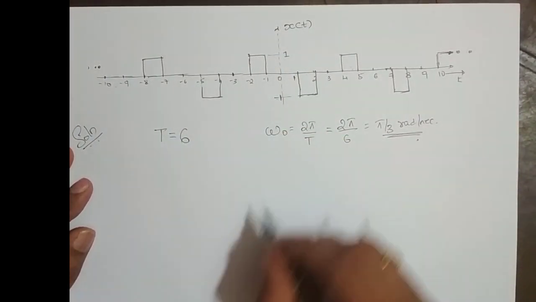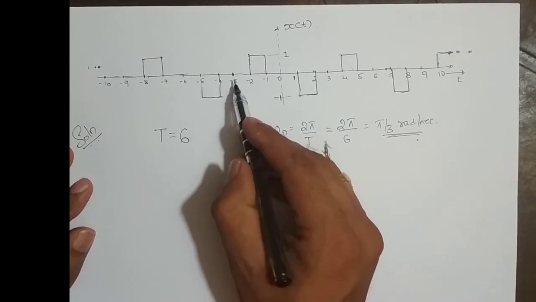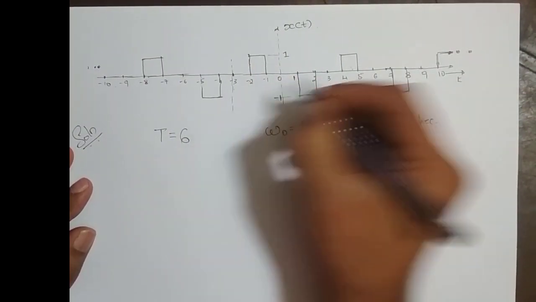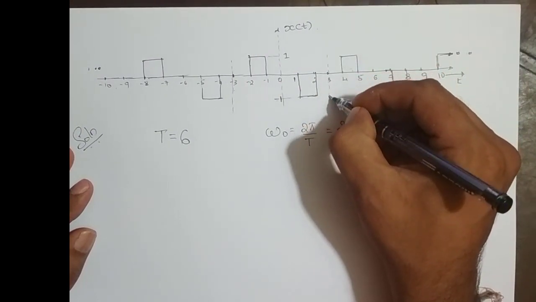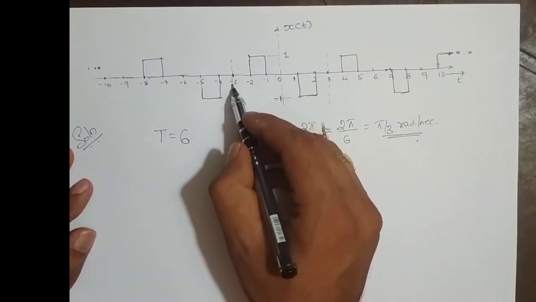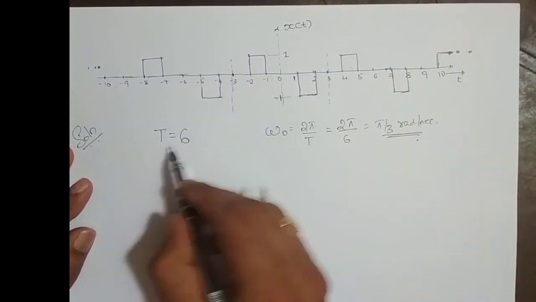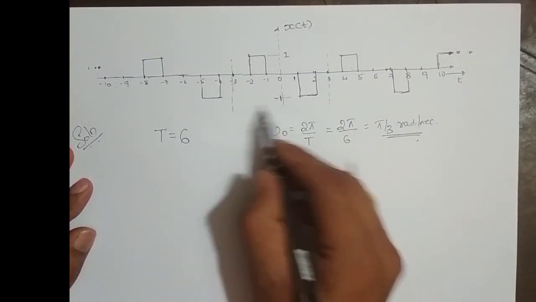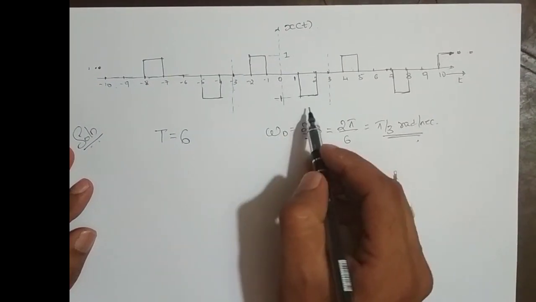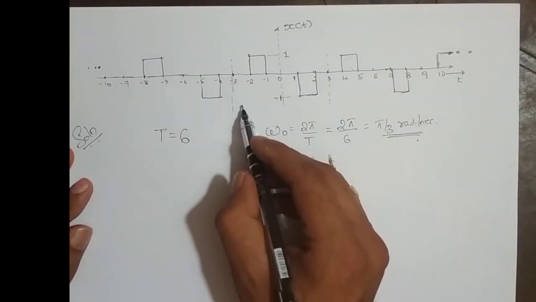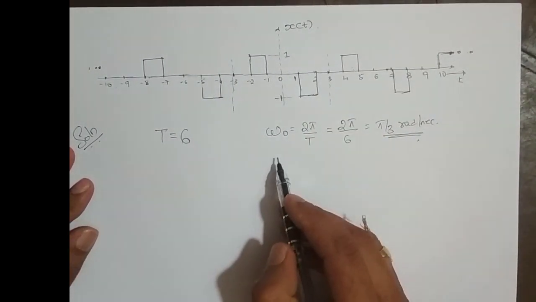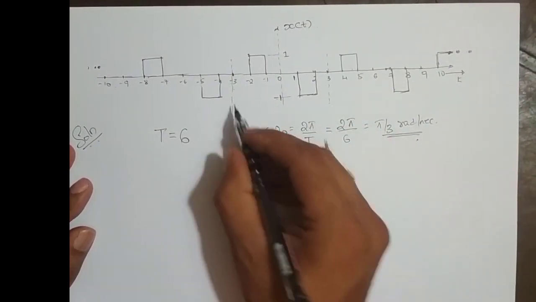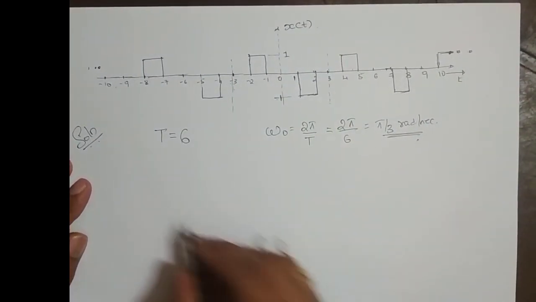So what we do while integrating, we'll consider from minus 3 to plus 3. Trust me, because if I take from minus 3 to plus 3, anyhow this covers capital T equal to 6 seconds, which is one period. But integration becomes easier if I take from minus 3 to plus 3. Okay, and that's the reason I'm taking this as integration limit from minus 3 to plus 3.